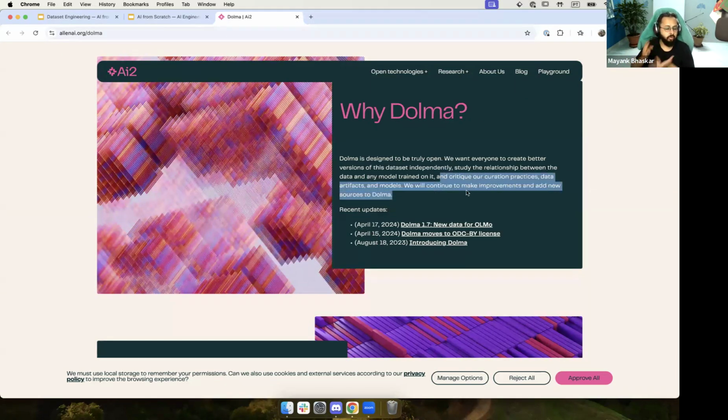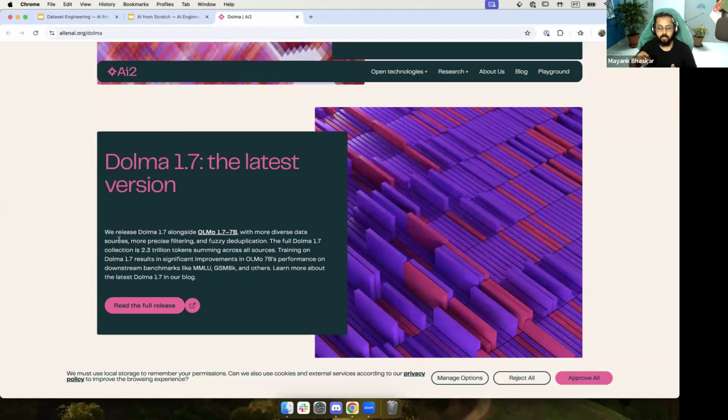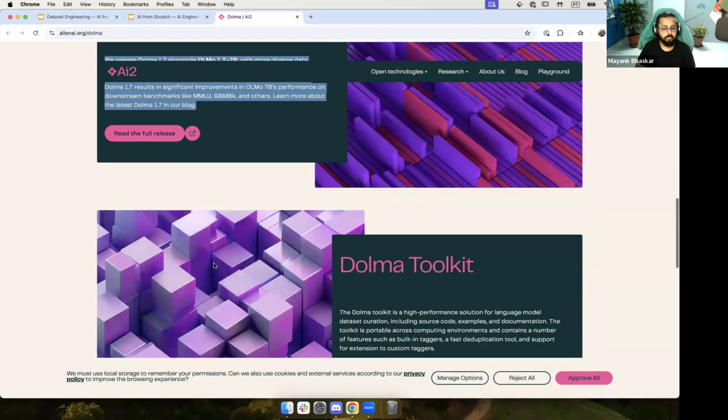You can have your own tokenizer attached, and fast deduplication. You can have support for custom taggers, if you want to find out the high quality tokens